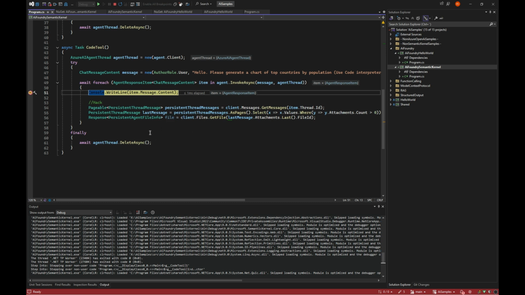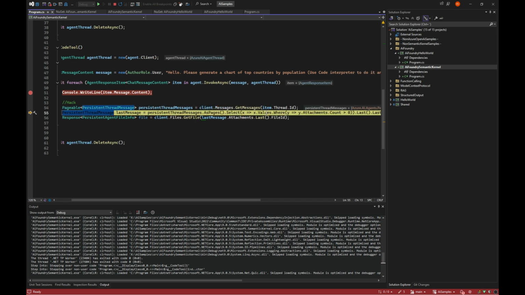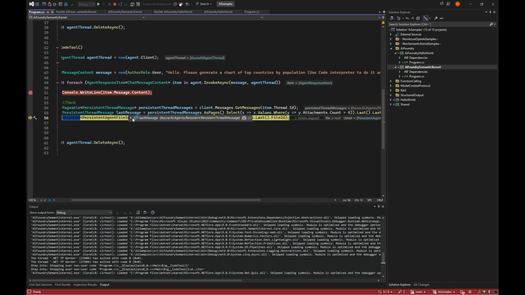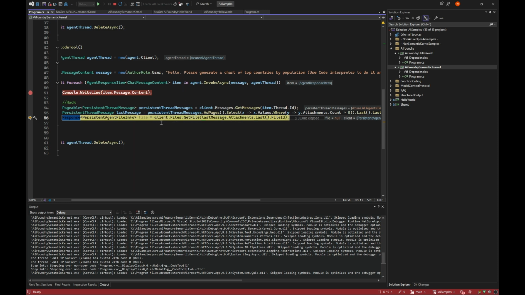There's a hack I found. I can go in and get the messages off the thread, and then I will get the last message that had an attachment, because we can see here that this is one of the messages we don't get back from Semantic Kernel right now.